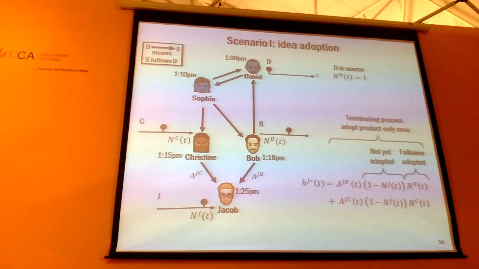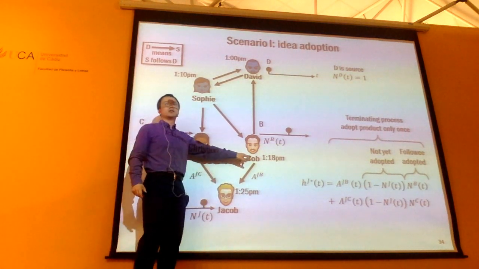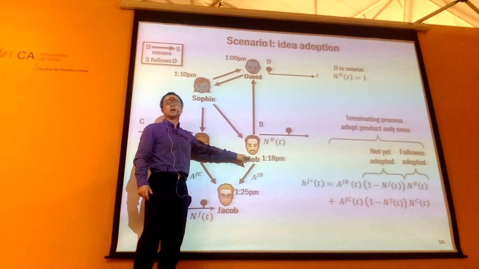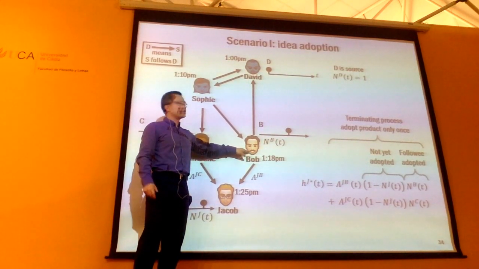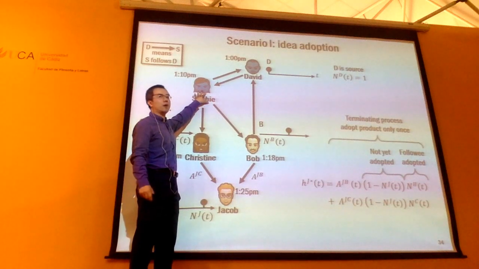So earlier we talked about how you actually sample events from the intensity function, right? Once you have the intensity function, you can sample from it. You can generate something called a cascade based on this model. Of course, now I'm just writing out the intensity for Jacob. Similarly, you can also design an intensity for Bob. Then the intensity of Bob is going to be a superposition of 2 terms. In this case, 1 term is going to come from the parent Sophie.